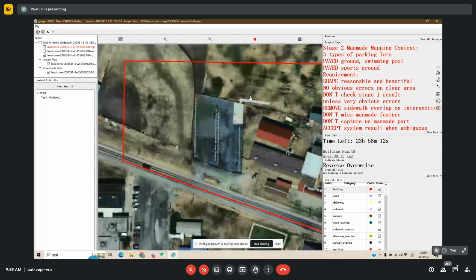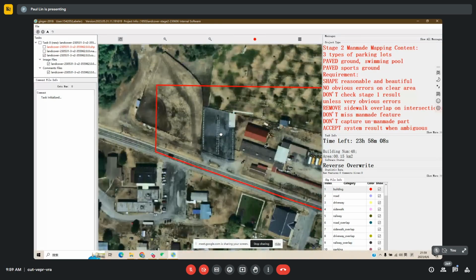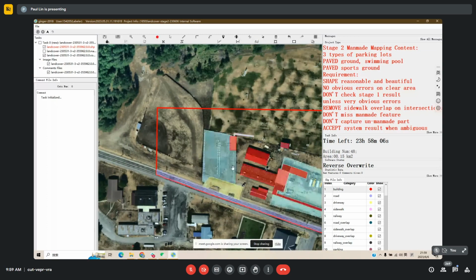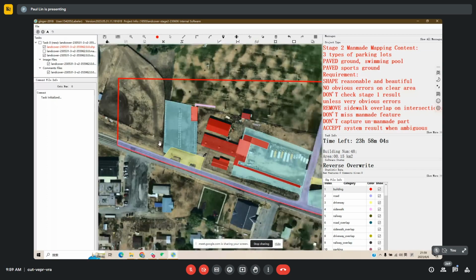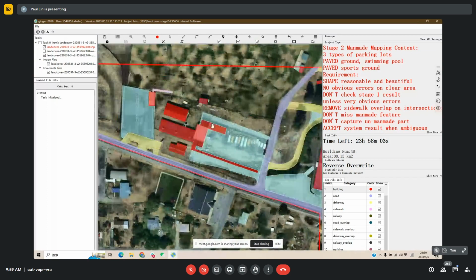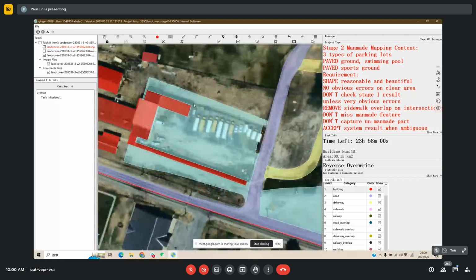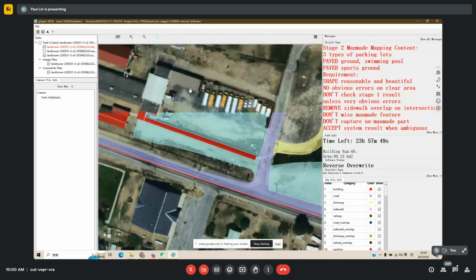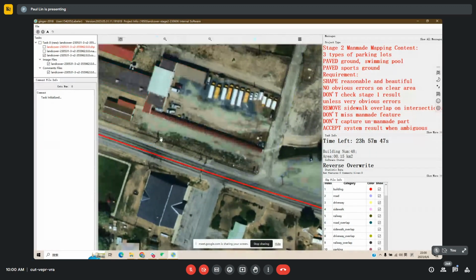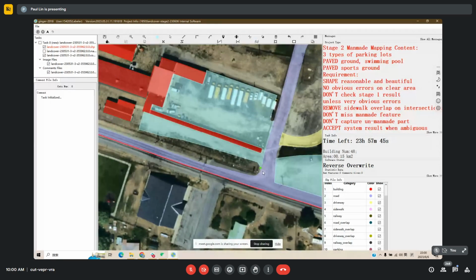And for this parking area here, it's not sure it's parking, so I will keep this as pavement, and the shape overall is good. And as for here, we can do more to keep the unpaved part out of our drawing. So delete that part, and on this side, I just need to make sure the shape is reasonable, and use the